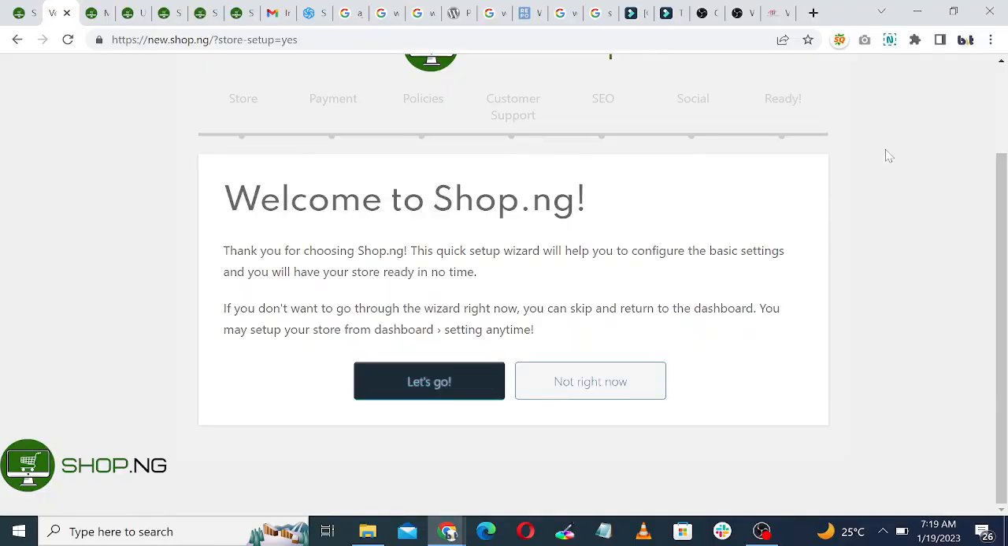Once you're done with your registration and you've been approved, you come back to the platform and try to sign in. You get an approval email from us saying that you've been successfully registered to shop.ng, and you can click to continue the process. Now, once you get started, when you log in or you click the link on your email,